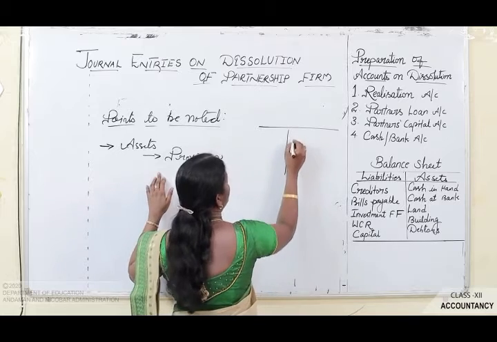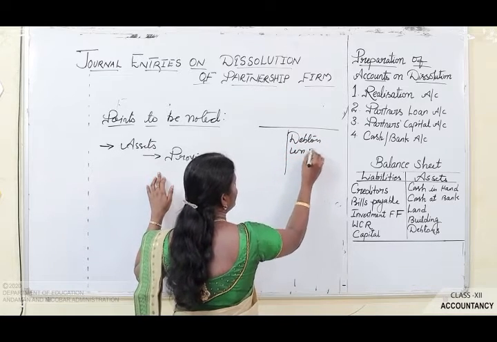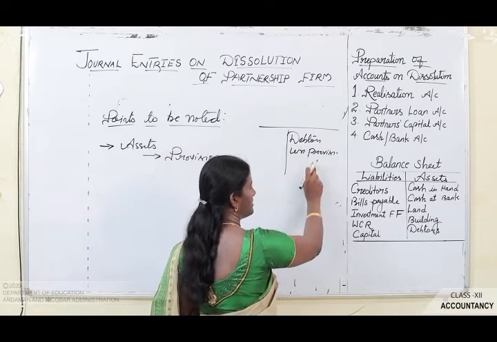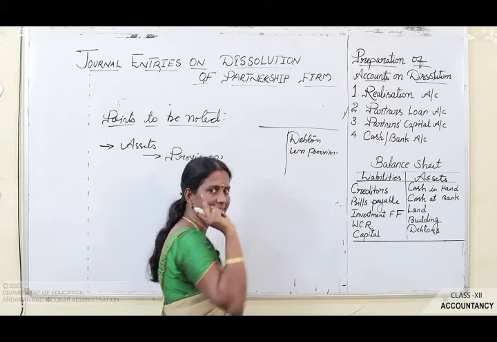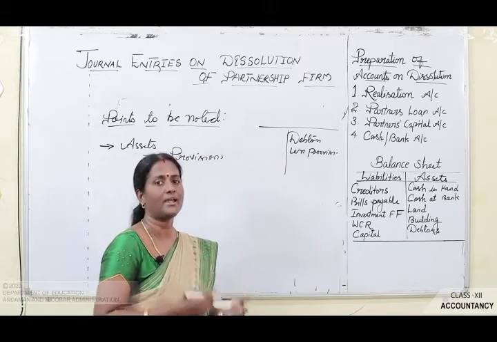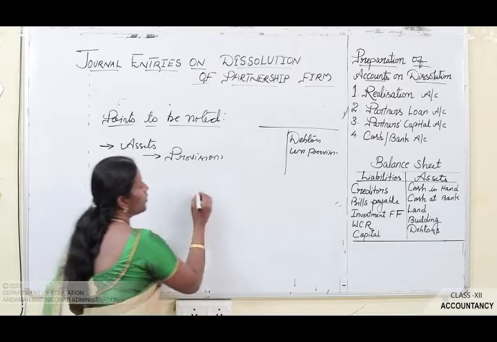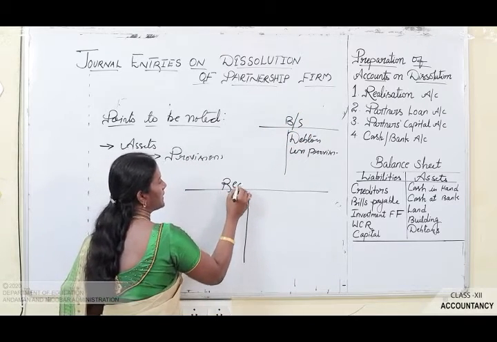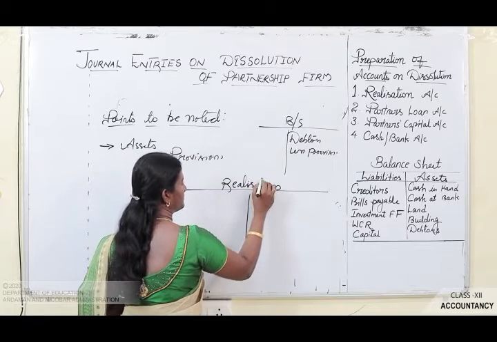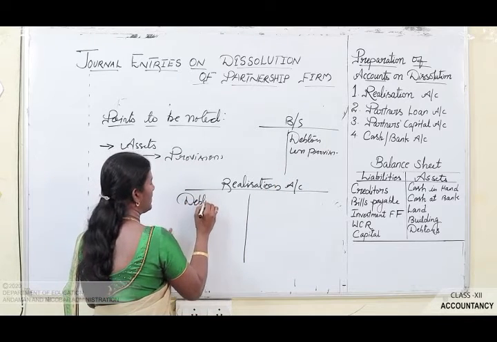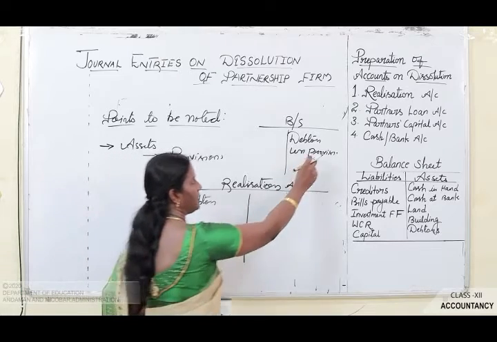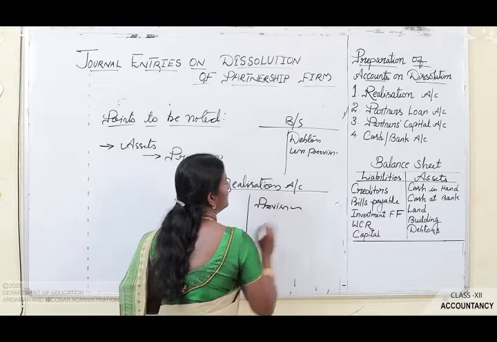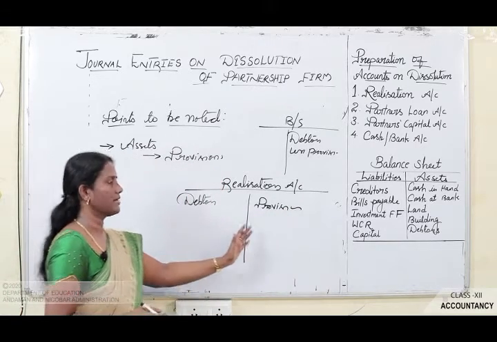इसके लिए क्या example मैंने बताया था, Debtors less Provision. ये हम लोग ग्रॉस अमाउंट के लिए बताया था कि debtors आपको ग्रॉस में लेना है, नेट अमाउंट नहीं लेना है। लेकिन यहाँ पे हमारे पास debtors एक असेट भी है and with that one provision is also there, उसका करस्पॉन्डिंग एक प्रोविजन भी है। दोनों को आपको रियलाइजेशन अकाउंट में लेके जाना है। So how will it be transferred to realization account? Debtors will be transferred to the debit side of realization account। वहीं पे provision will be transferred to the credit side। So यहाँ पे provisions या reserves या funds जितना भी है वो सब आपका रियलाइजेशन क्रेडिट साइड में ट्रांसफर होगा।